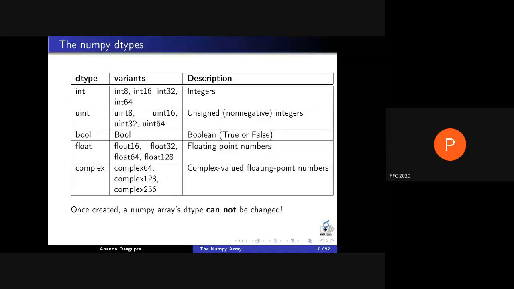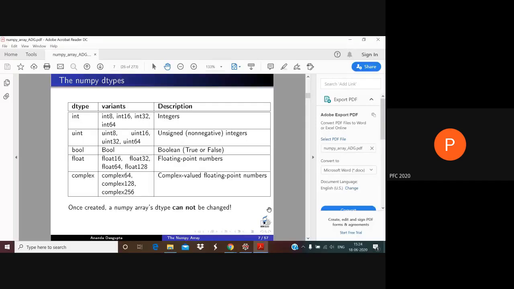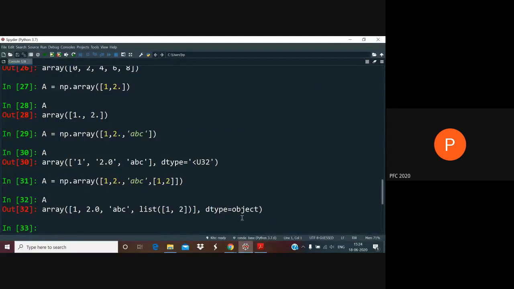Once you have created a floating point array, every element becomes floating point. You cannot push an integer into it or a complex number into it. Just to show you that, let me go back to the presentation. Let's go back to a standard floating point array.